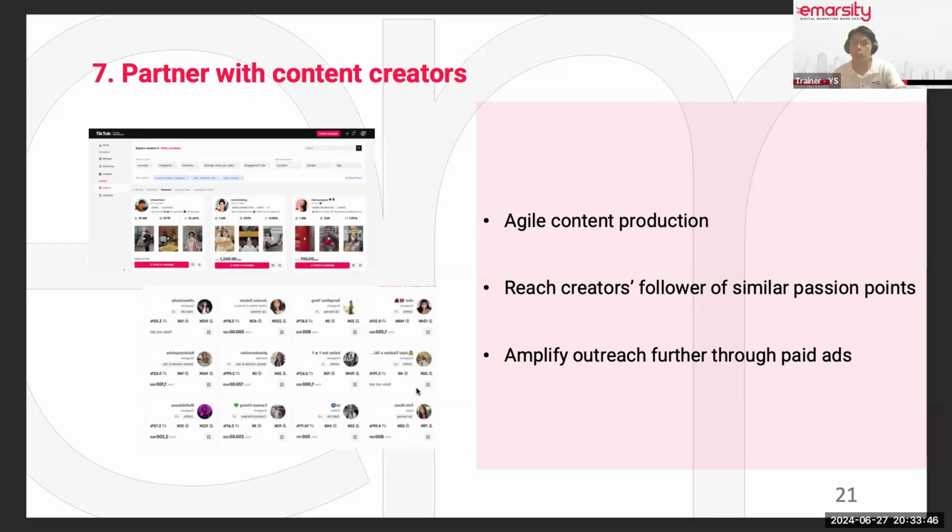For example, if you're running a restaurant, maybe you want to get a content creator to come down, shoot a video, and post on their TikTok or Facebook. Just invite them for a meal and say we'll pay for your meal, and in return, if you're okay with it, help us write a favorable review. Of course, not all influencers or content creators will be comfortable with this approach, but we have done it before and we have seen results.